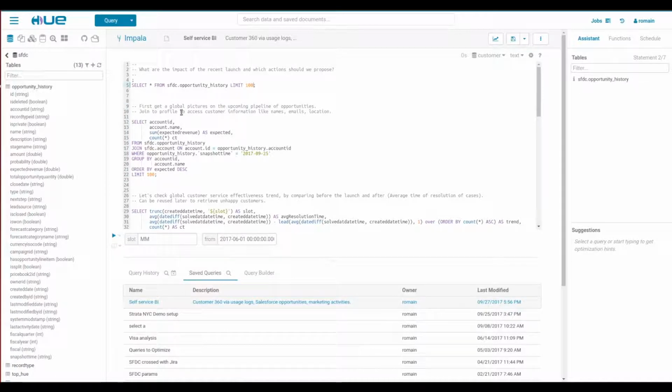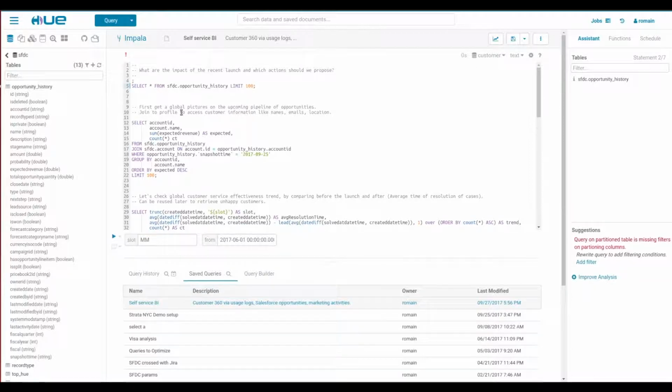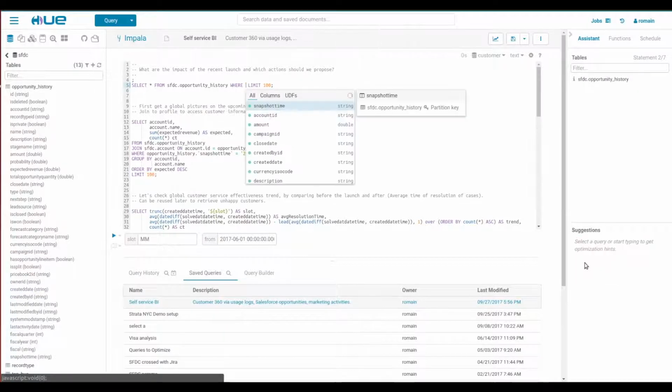Now, even before executing the query, we're getting a warning in the assistant. This is a large table containing days and days and days of data. If we query without any filter, the query will be really slow and might even harm the cluster. What's nice with the assistant is that in one click, it will automatically insert the SQL statements to fix it.